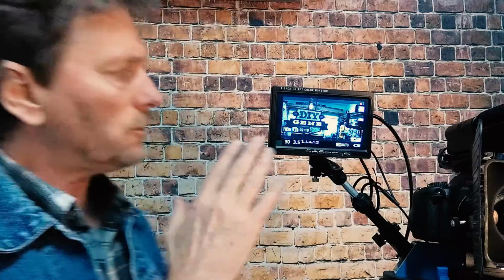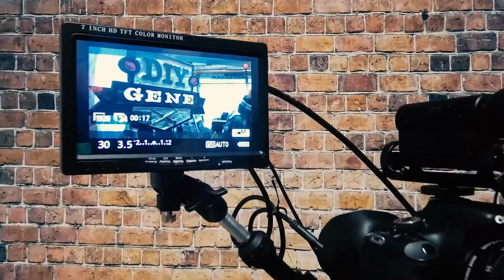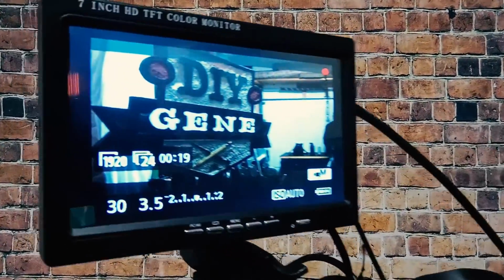Now, the downside is if you're at a far angle, it's that type of screen that you won't see it as clear, but for 90% of how I use it or how I'm looking at it, it's perfect because I'm looking dead on to it, and it helps me to get reference of whether I'm on camera or whether I'm